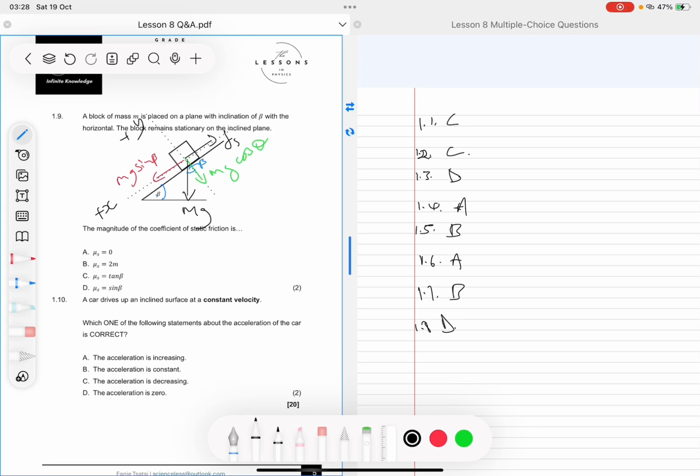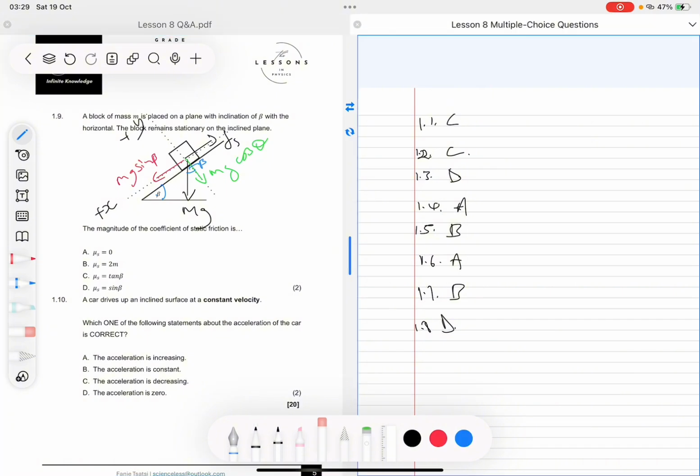So it means here we have a static frictional force, right? So that's what's happening there. Now they say to us here, so that's how you'll interpret the problem here. They say to us here the magnitude of the coefficient of static friction is, right? They give us options. Now for me to get the static frictional force, I'll start first by finding the forces